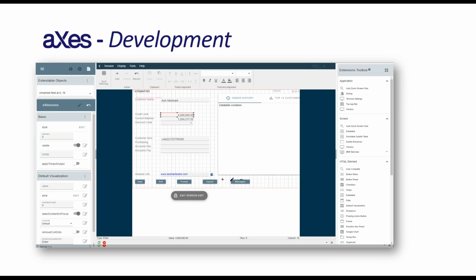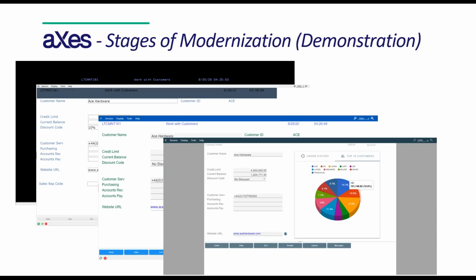Now, we're not going to have time today to look at the development side. We can always have another session where we dive deeper in and show you how that works. What I really want to do is show you the stages of the modernization. And to do that, I'm going to start off with